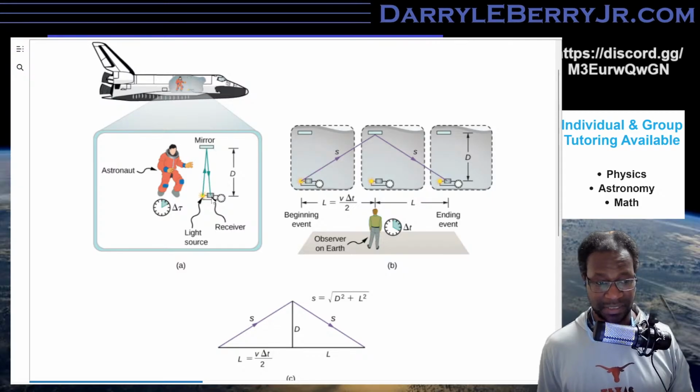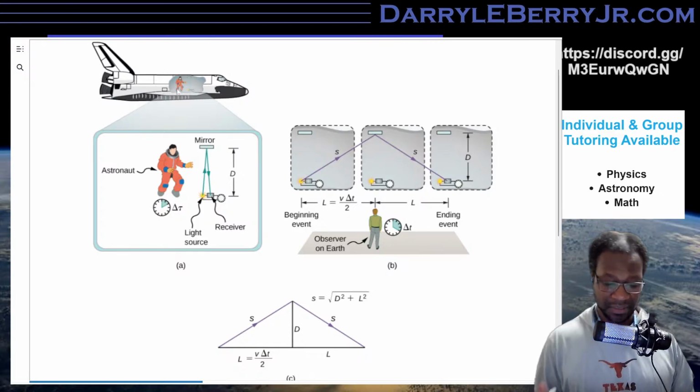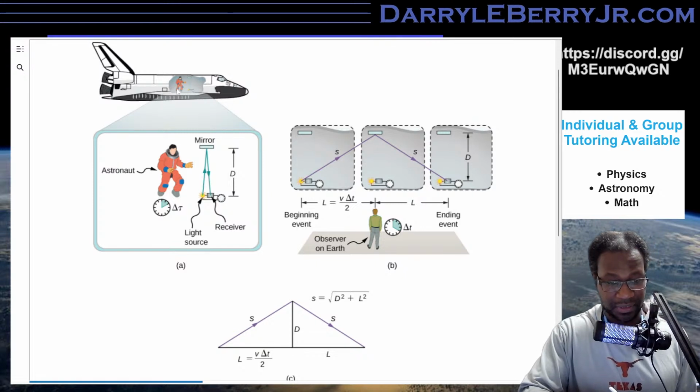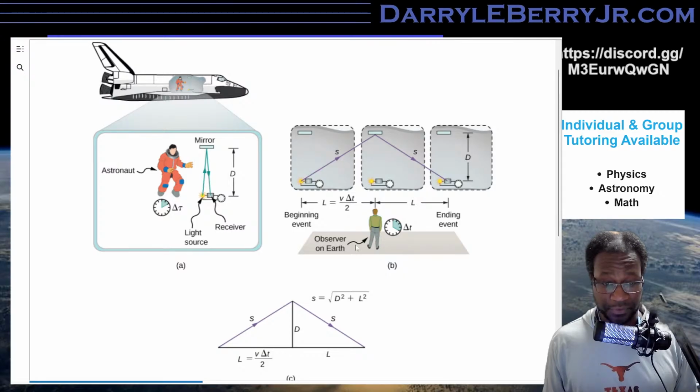The mirror is in the same spot, the receiver is in the same spot, the light source is in the same spot, the astronaut is there with them. So even though the entire satellite or spaceship is moving, inside the spaceship, everything is moving together. So in that frame of reference, how I normally would note it, this would be S prime, because the entire frame is moving at speed v,